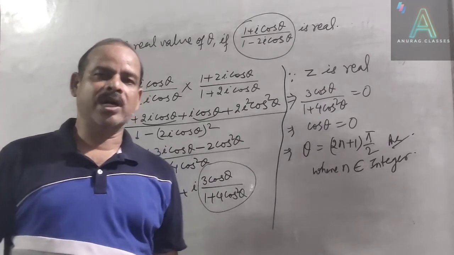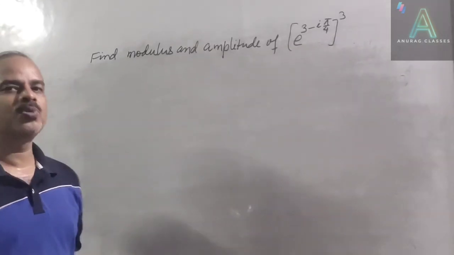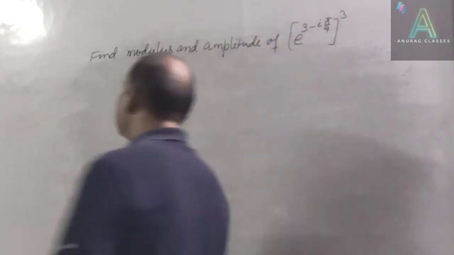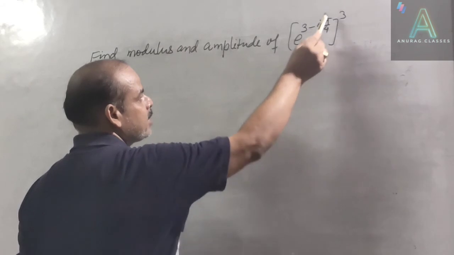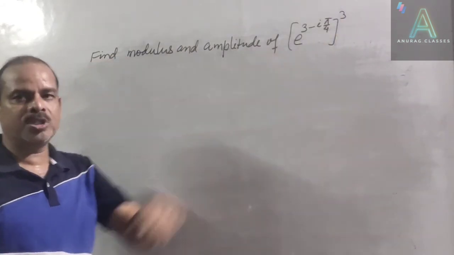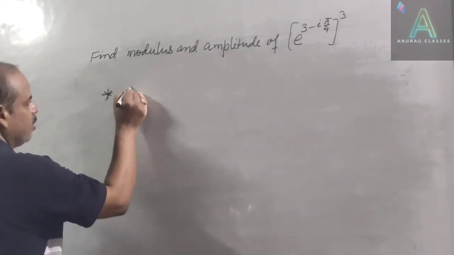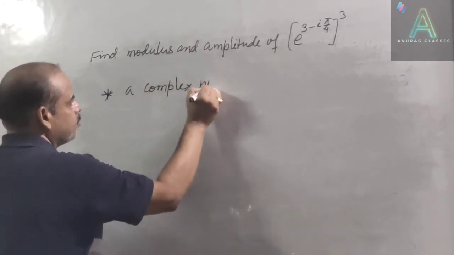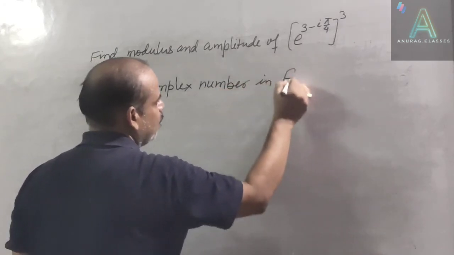So at last, I am going to take one more, the last one. So let us move to the last question of complex number, that is, find the modulus and amplitude of e to the power 3 minus iota pi by 4 whole to the power 3. Before getting to this question, you have to know one more thing, that a complex number in Euler's form